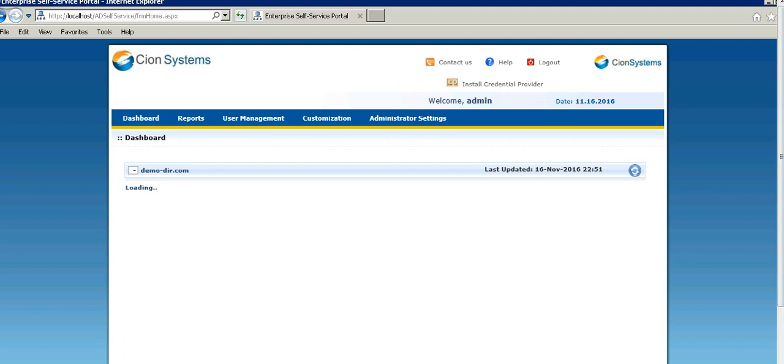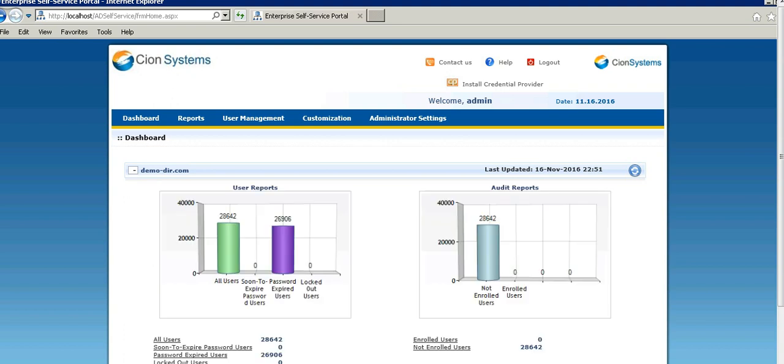That's the step that is required before users can use the application. It puts up a dashboard on the status of your directory as well as information on which users are enrolled, unenrolled, and things like that. The next step is to go to customization